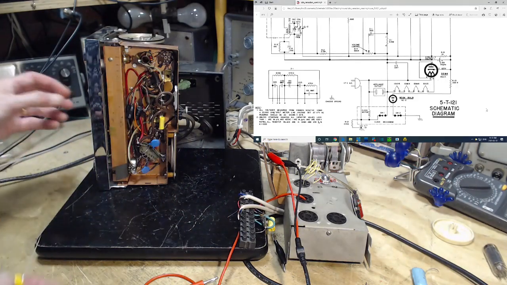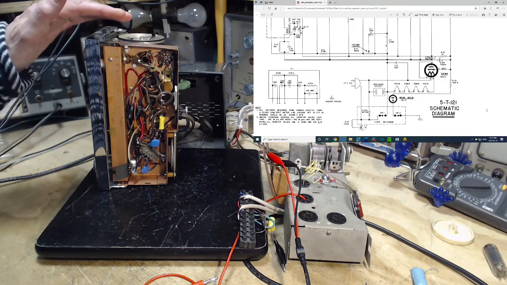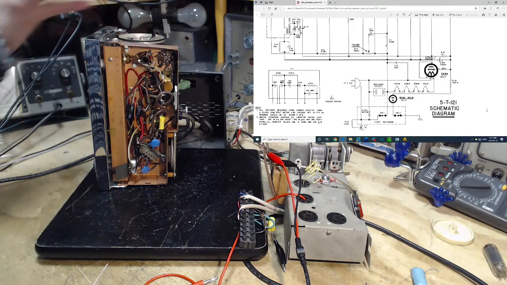Capacitor helps a lot. So what I was doing there, discovering that if I inject more hum and crap into the chassis by touching it,